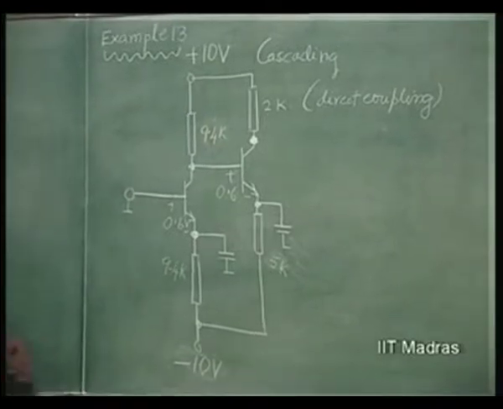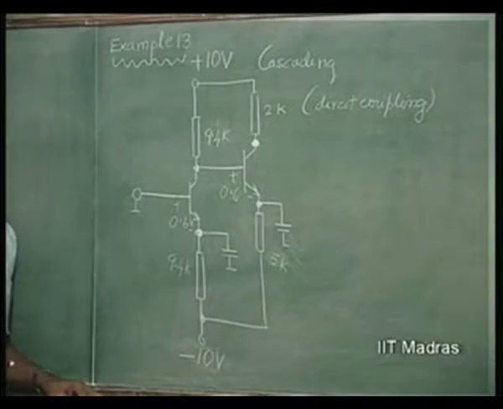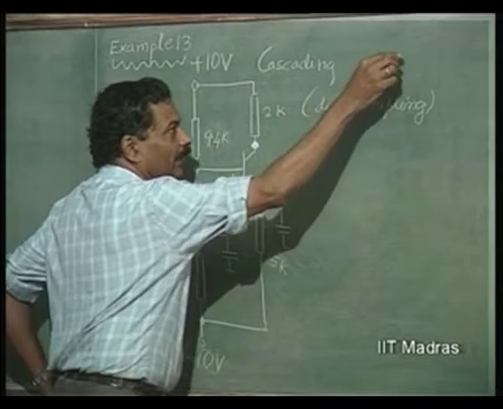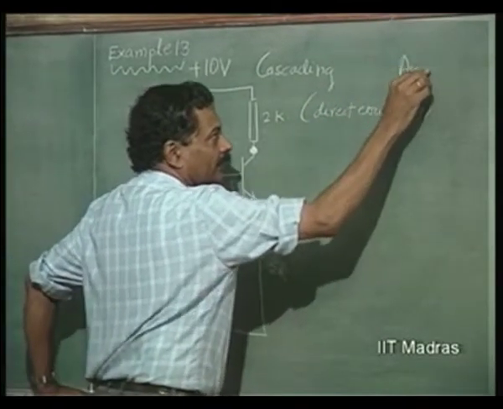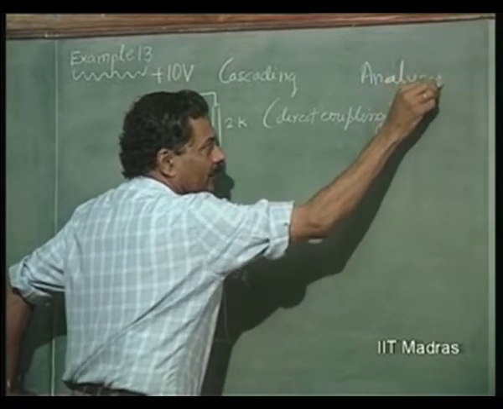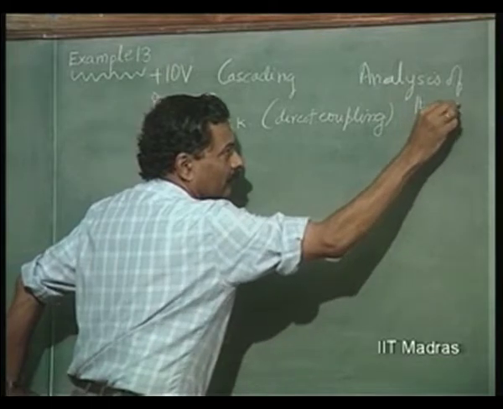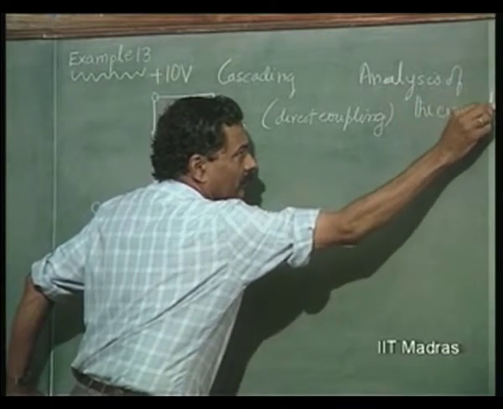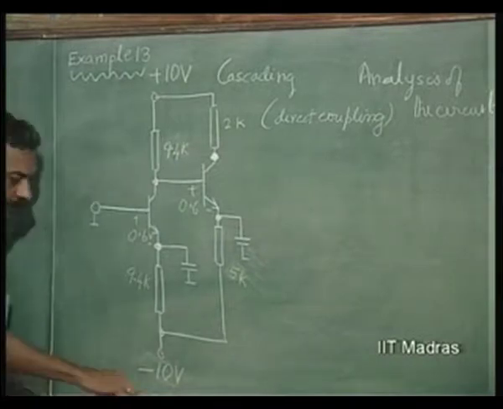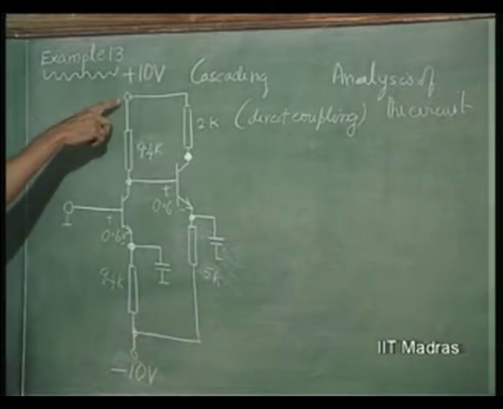What is it? Here is a circuit. This is analysis. Example is nothing but analysis of the circuit. Complete analysis of the circuit. So, let us now see. This is using dual supply,